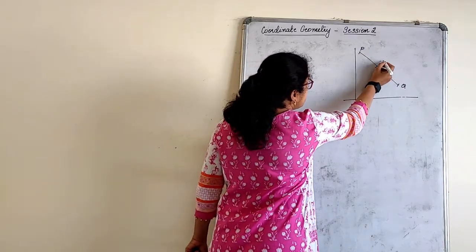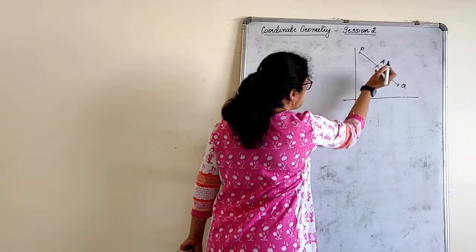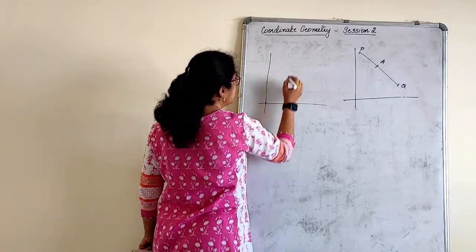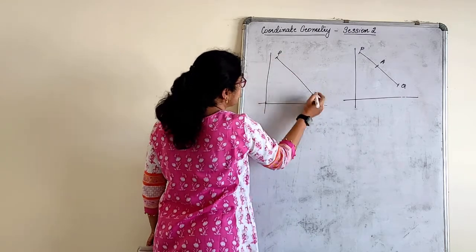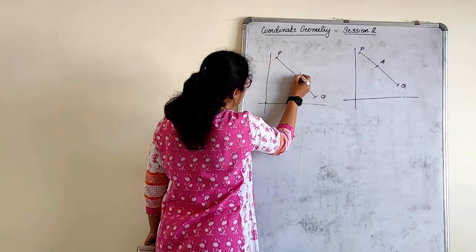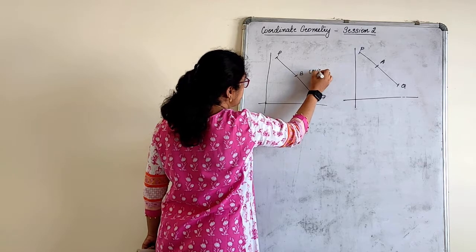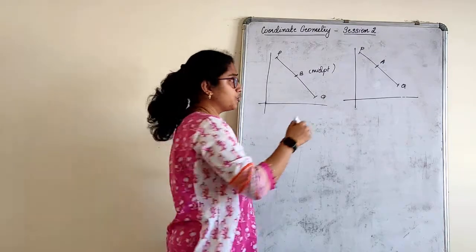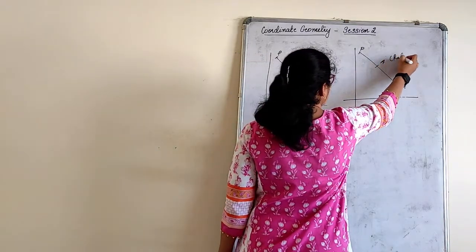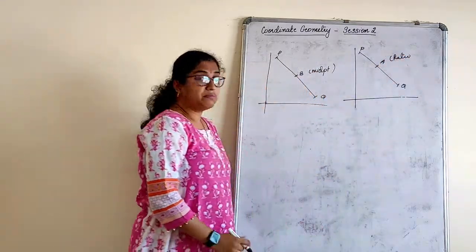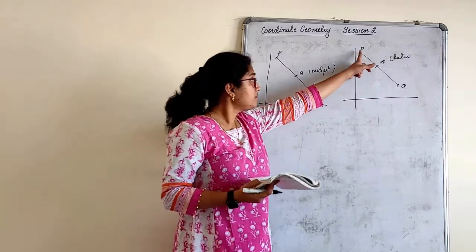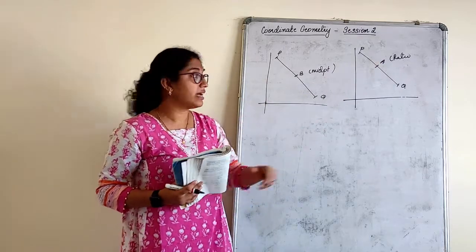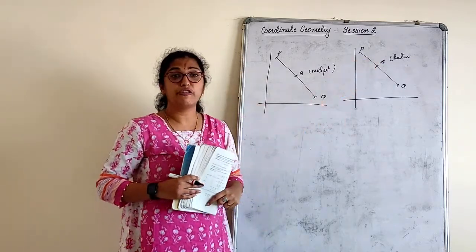If I say there is a point, say A, in another graph which I will consider here, the same points I will take as P and Q, and this is midpoint B. This is exactly cutting in half. This is cutting in some ratio, dividing in some ratio. That means I need to find in what ratio these two are dividing. If I know that, I can find the coordinates of point A.